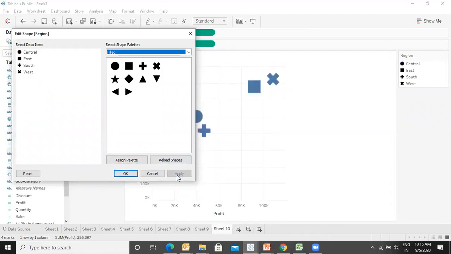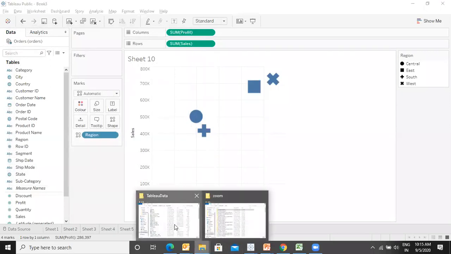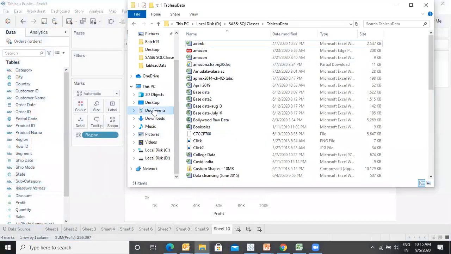Okay. Now if you are working on some visualization and you want to put some of your own shapes, like your company logos, or if you are working with the visualization of various brands, you want to put a brand logo over there. So let's see how that can be done. Okay, so for that, let's go to the documents.